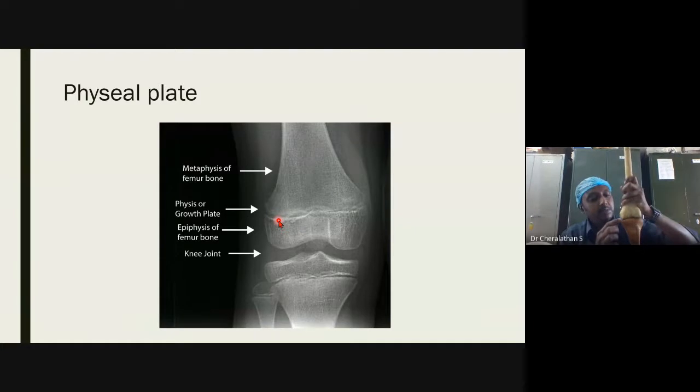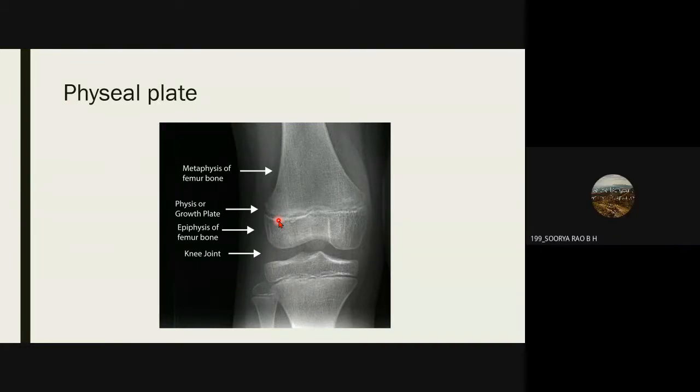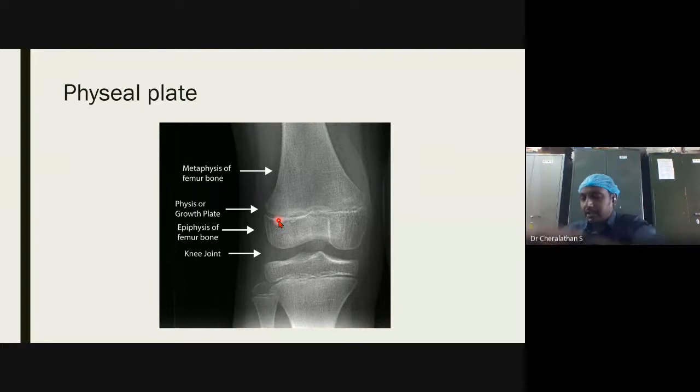Now if this part of the physis is damaged and this keeps growing, what happens? The growth happens in an angular way, leading to a varus deformity. Whereas if the opposite happens, if this part of the physis is damaged and this continues to grow, you will naturally get what deformity? Valgus deformity. Exactly, right? So this can happen both in the femur or in the tibia. Any part of these two physes can be affected, and depending on which physis of which bone is affected, you will have a different deformity.